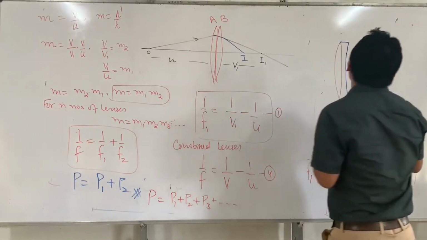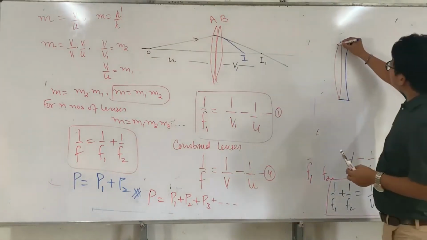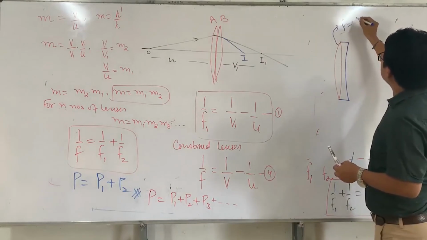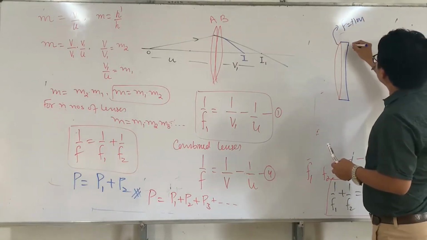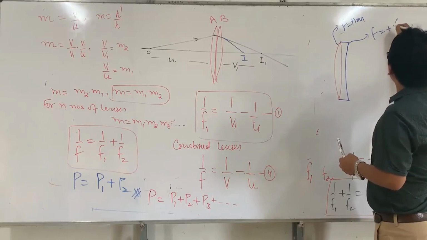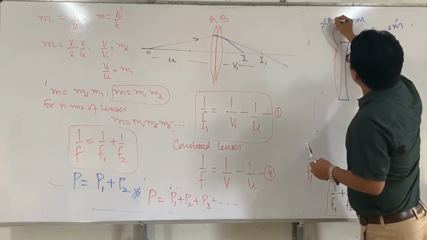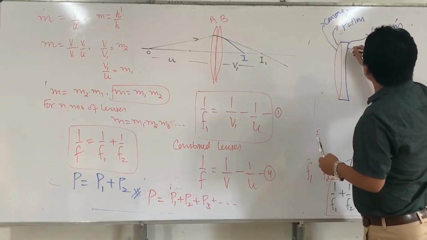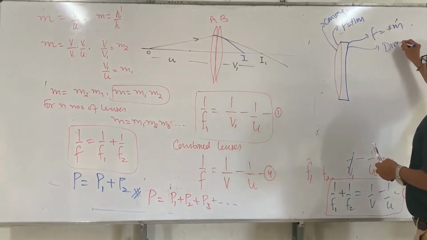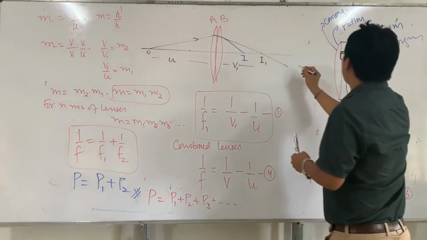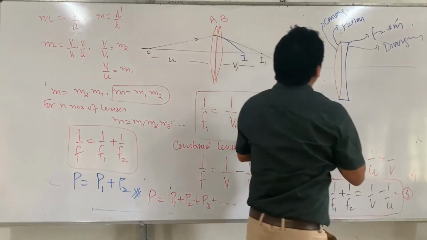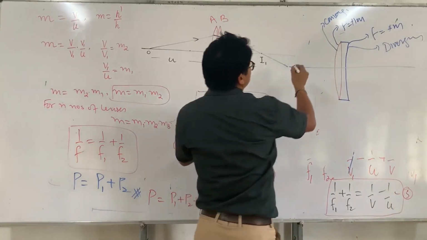Let's say the focal length is plus and minus 1 meter, one is converging and the other is diverging. Then if I allow light to pass through,